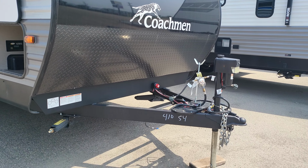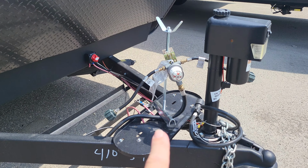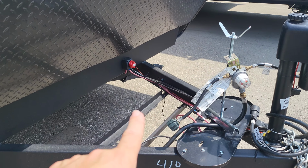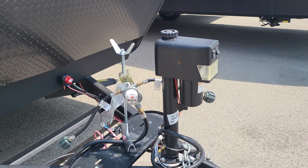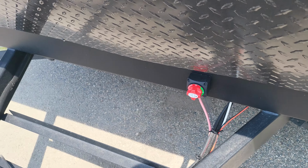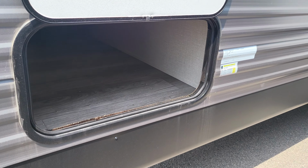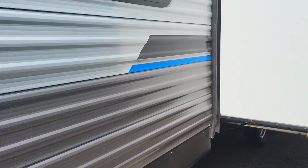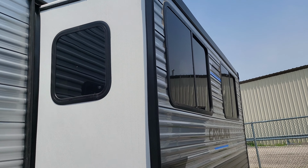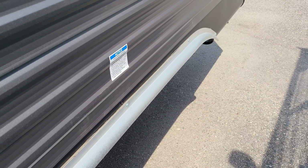Let's take a look. Right here, you have an electric tongue jack. We're gonna put two 30-pound propane tanks there for you. We're gonna give you a brand new Interstate battery right there in a box. It's got a 12-volt kill switch right there, pass-through storage. You can see right there, it goes all the way through. It's nicely finished. Your windows on the outside, nice big windows. You can see it's got aluminum fenders here, so the aluminum fender skirts aren't going to crack on you, and